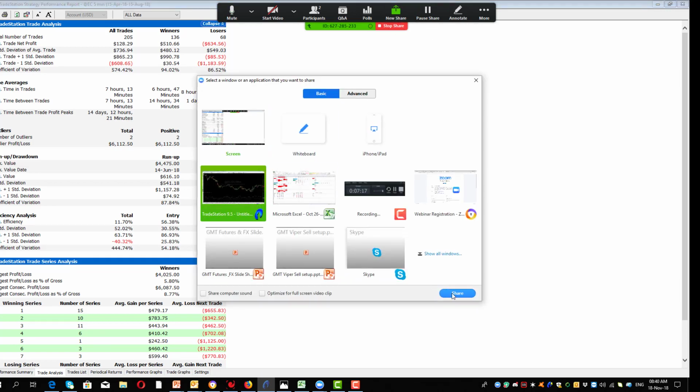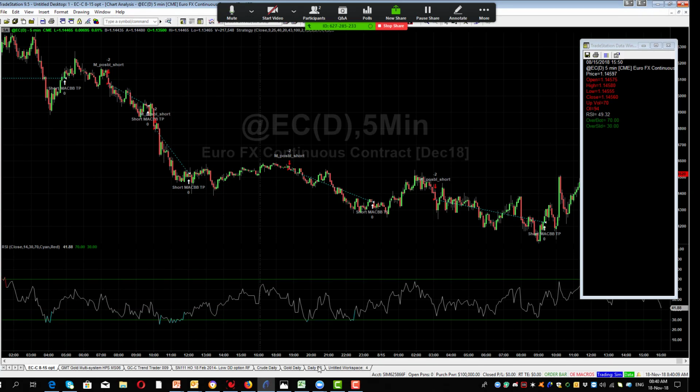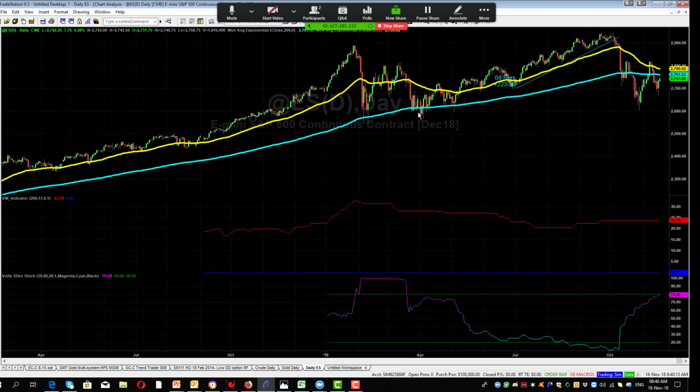Before we wrap it up, I just want to quickly have a look at the other charts before we go, and we'll have a look at some of those daily charts. As I said before, there's plenty of opportunity coming up. So you've got the S&P, which definitely broke that trend line, has gone through the 50 and the 200 period, and is sitting below those two, so it's very bearish. Volatility's up, so it'll be interesting to see where this goes. It looks like it might find some support there at 2,700.